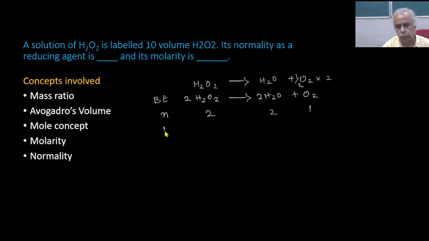Now let us consider the molecular weight. That is, the molecular weight of H2O2 is 34 because hydrogen 1, so 2 into 1, 2, and oxygen 16, so 16 into 2, 32, plus 2, 34. So this is mole and this is gram per mole. So likewise for all. And what about this? For H2O, 16 plus 2, 18 gram per mole, and for oxygen 32.